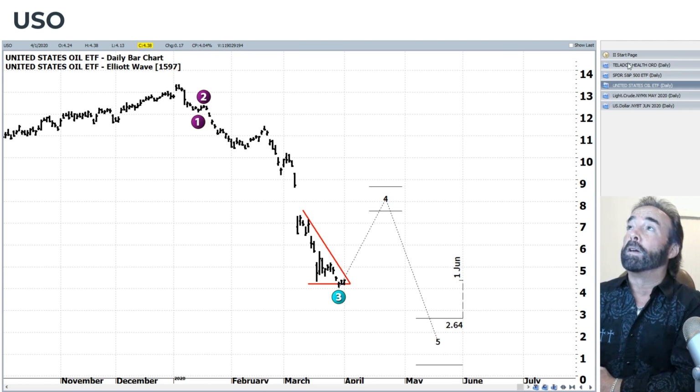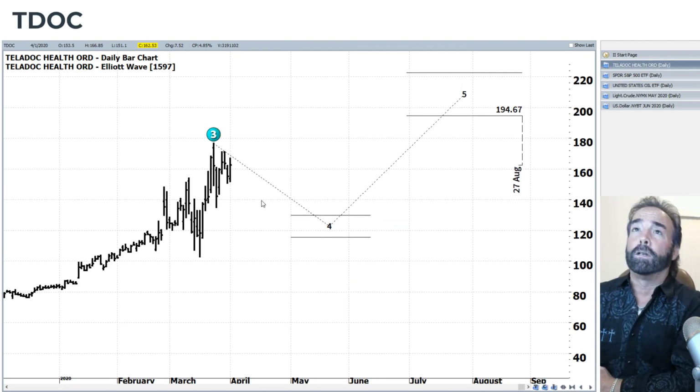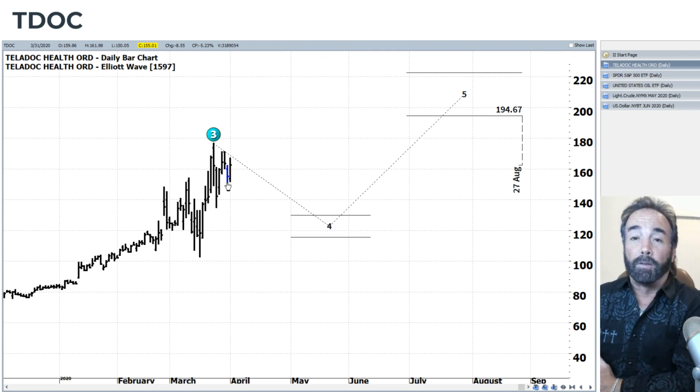Another one I wanted to look at was TDOC. This was a case study consideration that we'd given the previous week with this wave 3 move to the upside. And then we had a downgrade yesterday, and I mentioned during the Trade Finder webinar that it's always suspect when an investment firm downgrades a stock that they don't have a position in. Are they looking to create one? I mean, are there ulterior motives here? I always have that kind of feeling when I see the upgrades and downgrades along those lines.